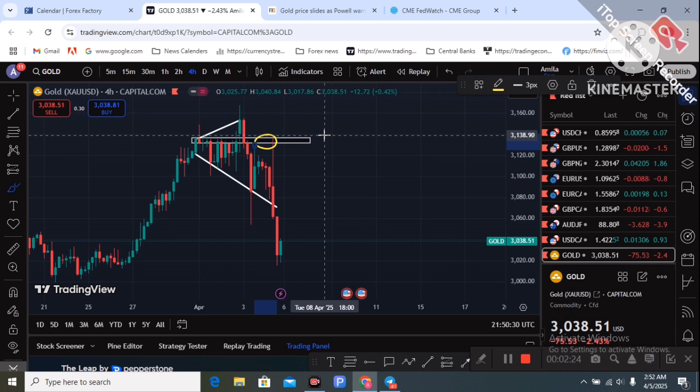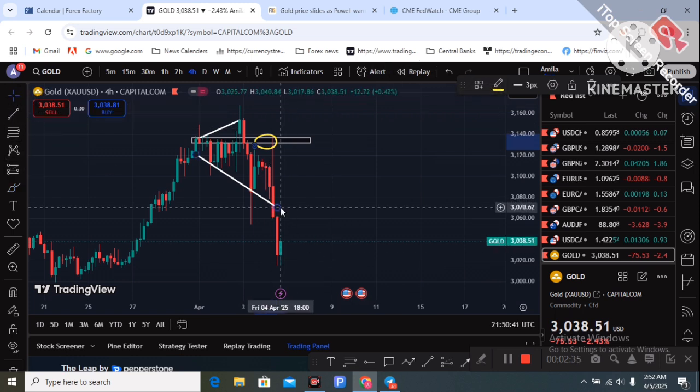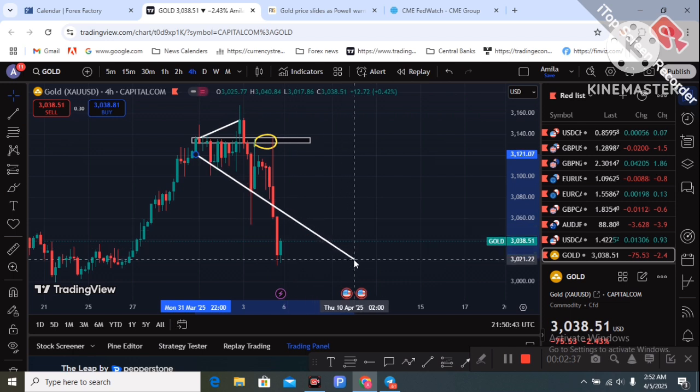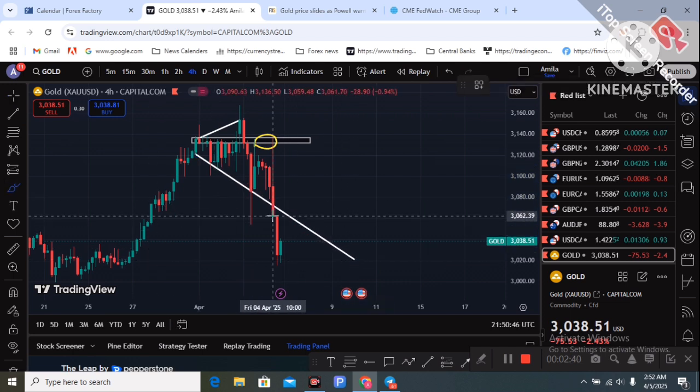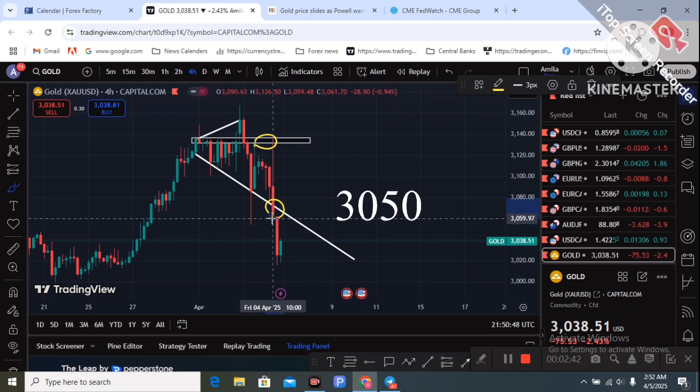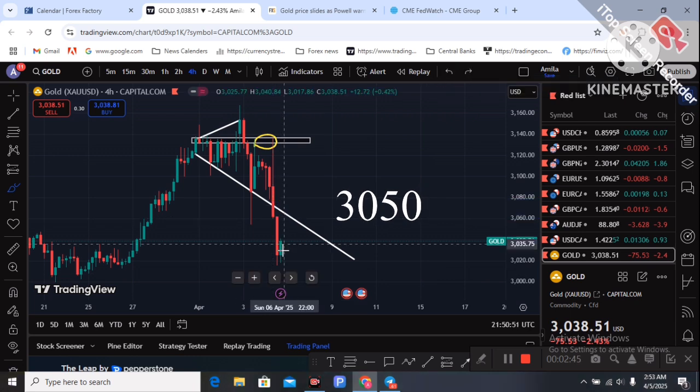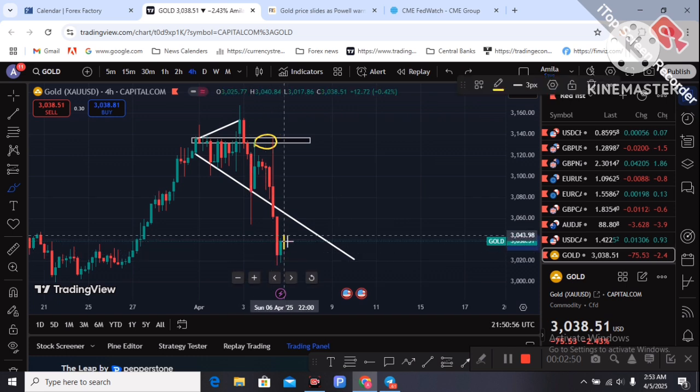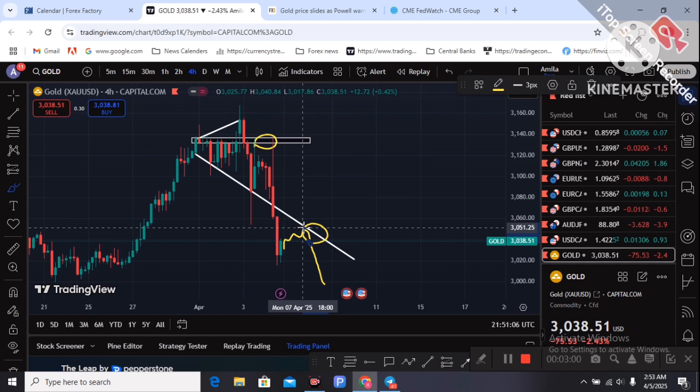So next week, two scenarios can happen. You can see price broke out below the trend line with this setup. This trend line can be a retest area, the 3050 area. So after this breakout of the trend line, next week price can retest this area before sell continuation. Like this, retest and again drop with the technical setup. So the 3050 area is the important zone next week.